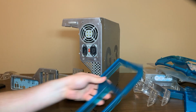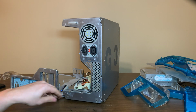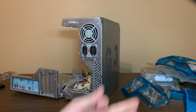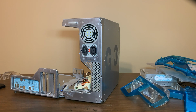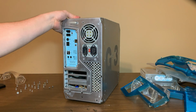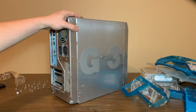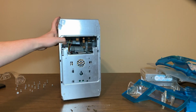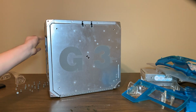It works. It broke a few tabs, but it should still go back together. The plastic on these things is getting really brittle. But I believe I've gotten all the blue and white specific pieces out. As we can see here, it is totally stripped and